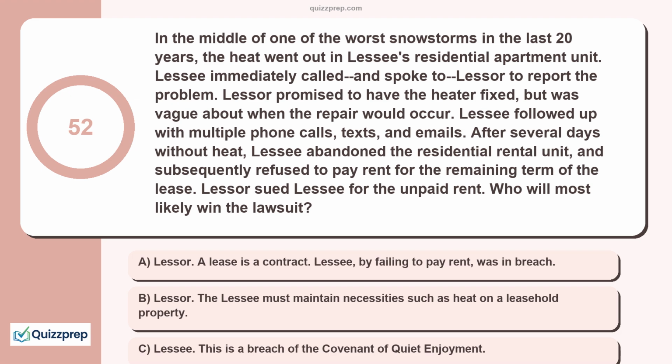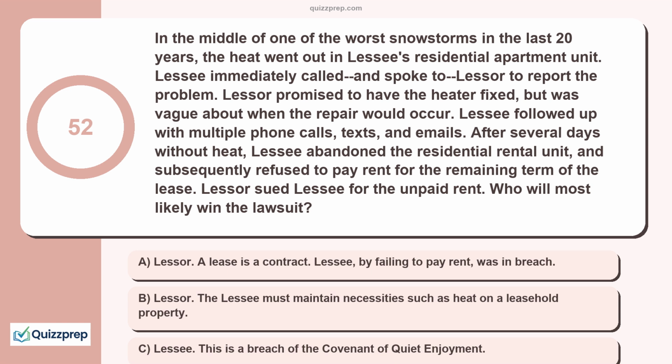The landlord breached the implied warranty of habitability. For many jurisdictions across the United States, this promise of a habitable living environment is implied by law in residential leases. It need not be discussed verbally or included in writing in the lease. The basic living and safety standards in this implied warranty include necessities such as heat, plumbing, electrical systems, and water. By not responding in a timely manner to the tenant's repeated calls for help, the landlord was in breach of the implied warranty of habitability. Therefore, the tenant's abandonment of the leasehold property and subsequent refusal to pay rent would most likely be found by a court to be justified, relieving the tenant from any further obligations under the lease.